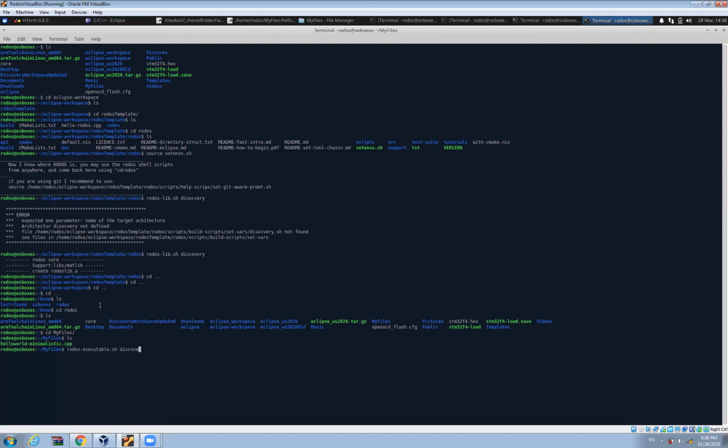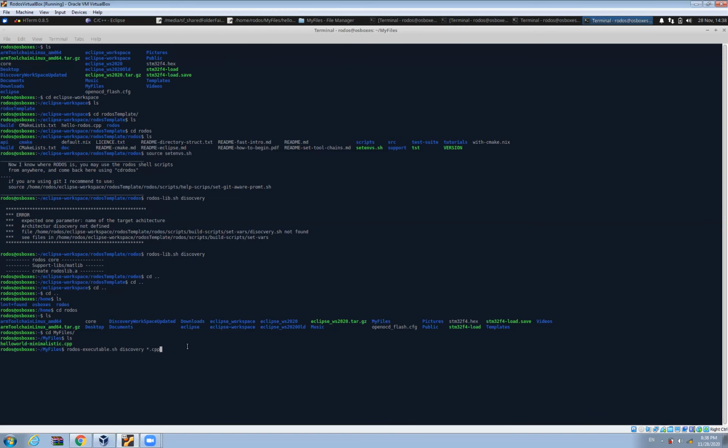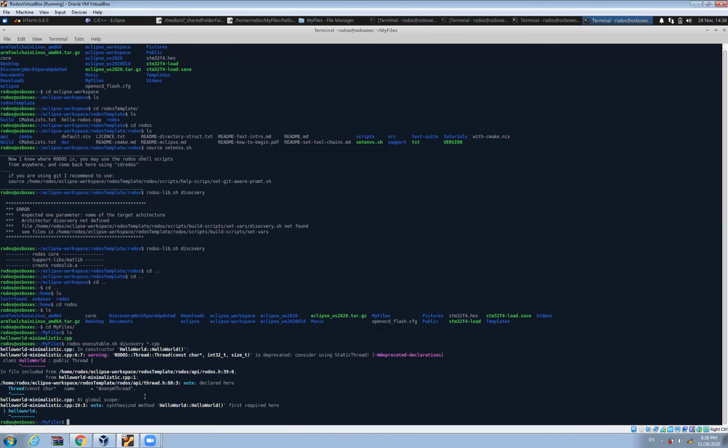We are working with the discovery board, and then you can type the name of the file with its extension. I type static.cpp, whatever cpp file you want to work with. Right now you can see that there is only this file, but as soon as we execute it, and if there is no error in this file, which is nothing but a simple hello world program which you already had, and as soon as you hit it, right now these are only warnings, no error. You can see no error.